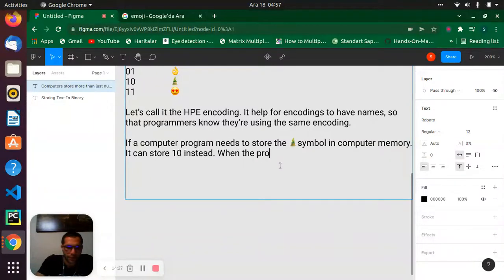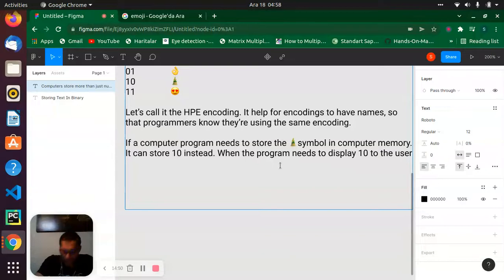When the program needs to display 10, so I mean 2 in bit, to the user, it can remember this HPA, our message.